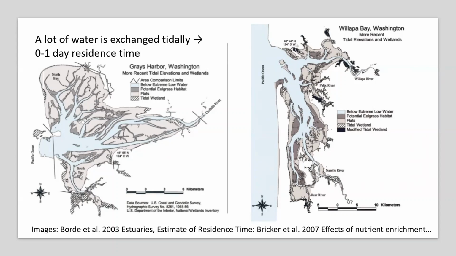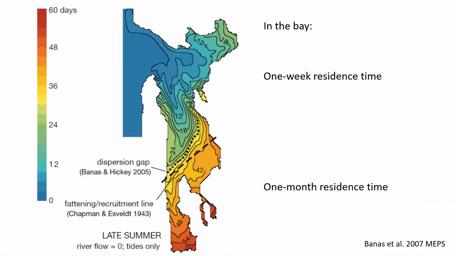That is a gross oversimplification, because if this were the case, it would be really impossible for any organism ever to make a difference at all for the water in these bays. So the physicists who have turned biologists have become more complex within Willapa Bay as well, and given us modeling results like this, where they take into consideration not just the volume and the tidal exchange, but the shape of the bay. And have documented or predicted that water takes about a week to turn over in the north